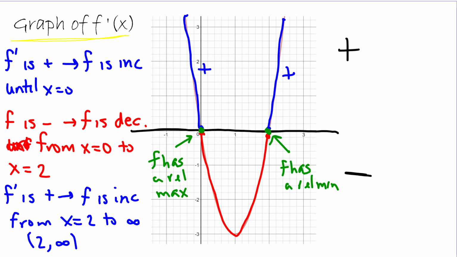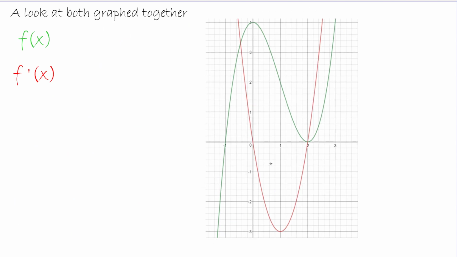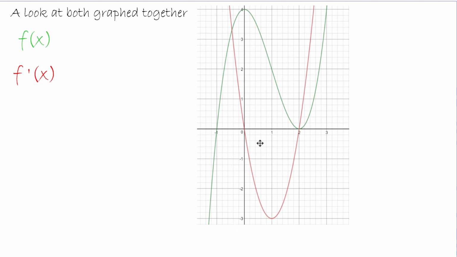I don't want to make this one too long, but I do want to show you these two graphs superimposed and how I look at a number line for f prime. In this specific scenario, I'm going to make this a little bit smaller. I have a graph of f and f prime from the previous problem superimposed together, one right on top of the other so you can see them together. I'm going to look at just the graph of f prime mostly, and point out the features again on f. In this region, f prime was negative,